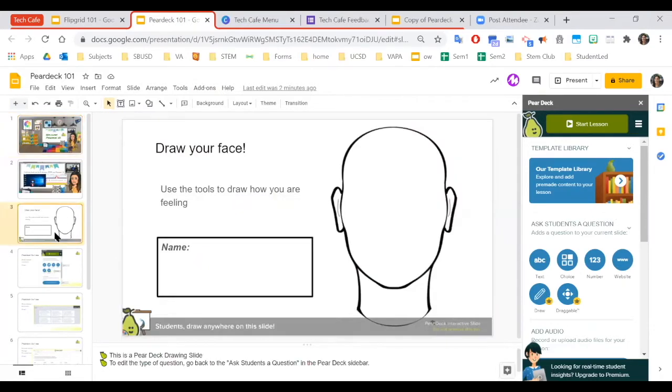I already have one done, so this is the draw your face activity. I love this because I ask kids to use the tools in Peardeck to draw how they're feeling today. So I tell them, we usually do, what's your feeling number in our classes. So I said, think about your feeling number, think about why you're feeling that way, and then show that expression on your face. And if you're excited about something, maybe you can put it in the background or put a hat on you, anything like that. So I do include the name box